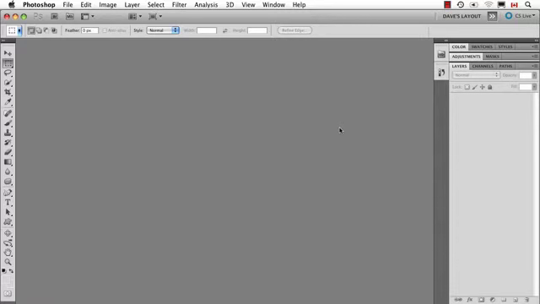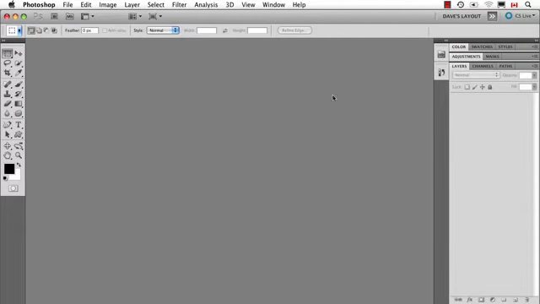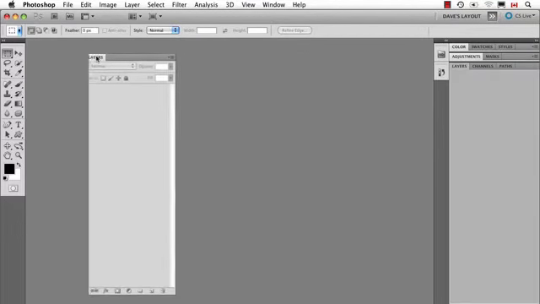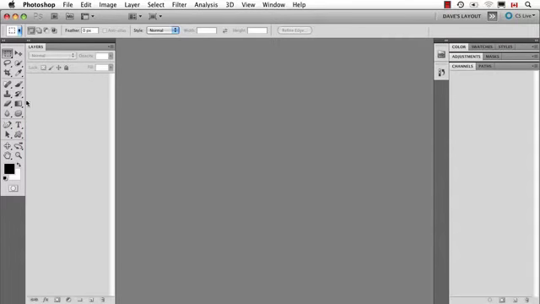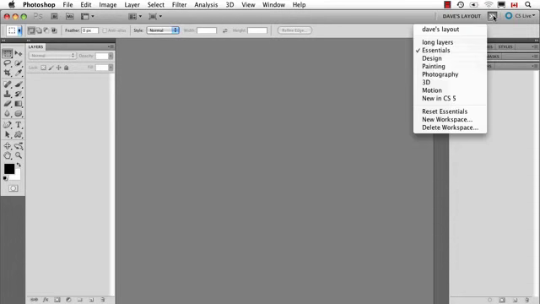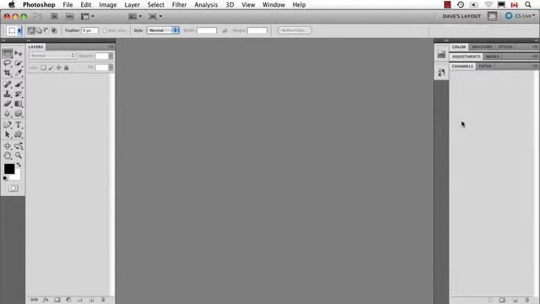Now let's do something really dramatically different so we can see, when we transfer the workspace, that it is in fact the one we want. Not that I would ever do this, but just for the sake of argument, I'm going to make a smaller toolbox and put my layers panel over to the side, and then let's save this as a new workspace,